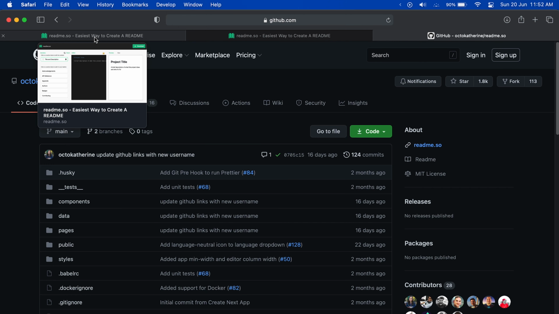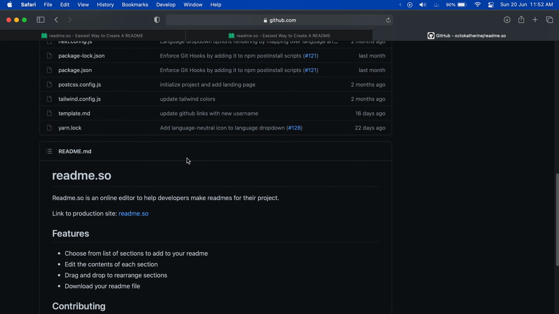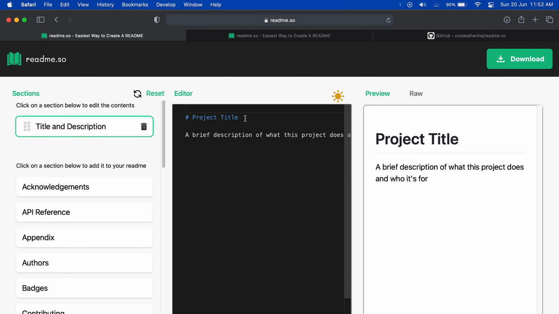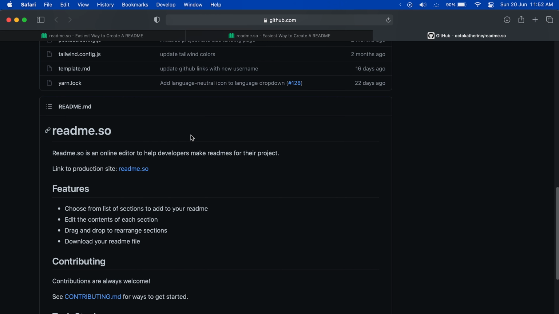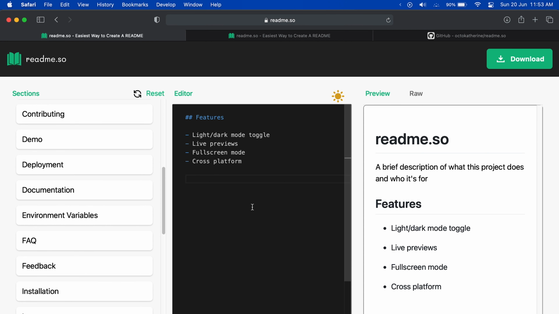Good marketing. And if you go back to our readme.so page, let's try to create a similar file. We can add readme.so as the heading, the project title, and below we can add the description, let it be the same. After that we can add the features. Here you can see that features is available, so let's go ahead and add it. Once you click on features, this section will be added, and we can add the different features available. There are 4 features available, let it be the same.